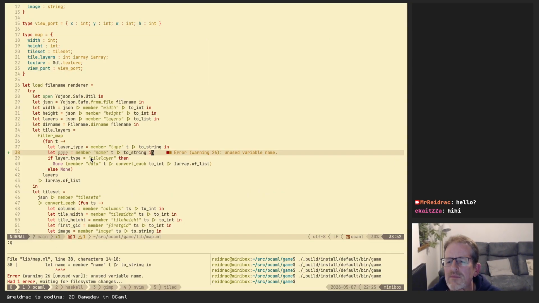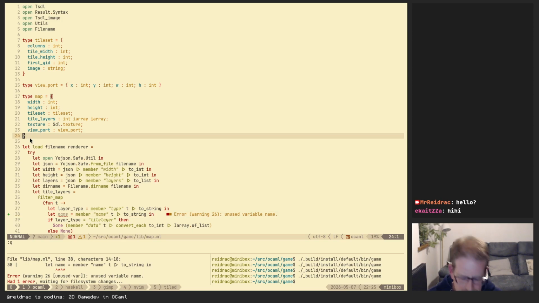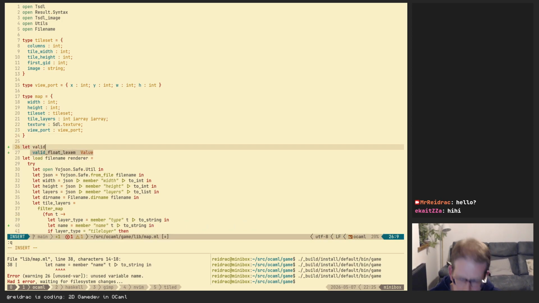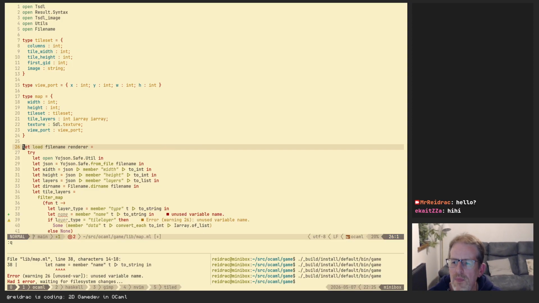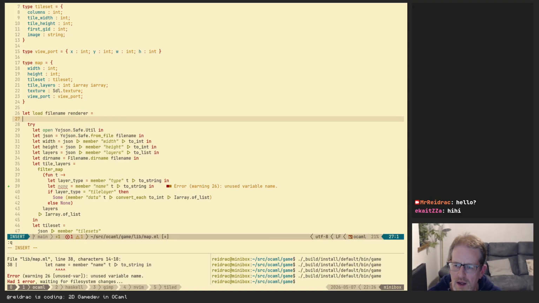Okay, so we get the name, and then we can have, for example, valid layers, or shall we make a function? Actually, it doesn't need to be there. It can be here, right? Let is valid layer, and then we get the name,